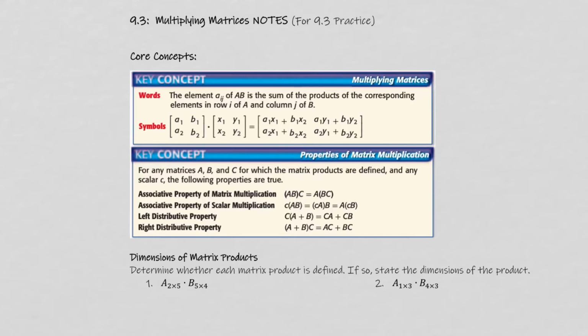All right, so 9-3 is multiplying matrices. In 9-2, we did scalar multiplication, but that was just taking a matrix and multiplying it by a constant. Now we're going to take two matrices and multiply them together. The key concept here kind of shows the rules, where you take the rows from the first one